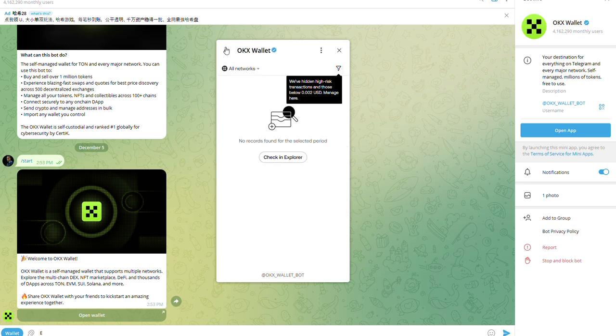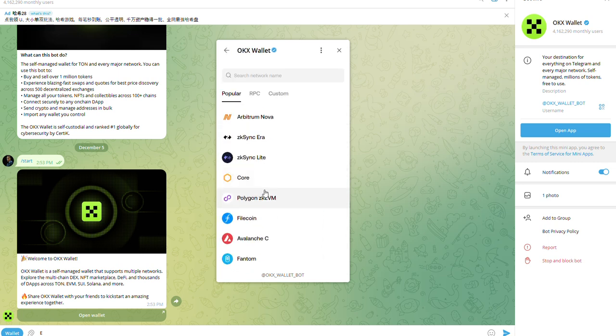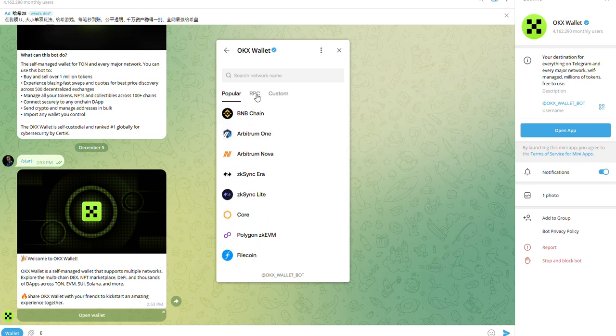Click on Invest to deposit funds, and you'll be reminded that you will be investing on a third-party platform subject to its own risks. Key in the amount that you want to